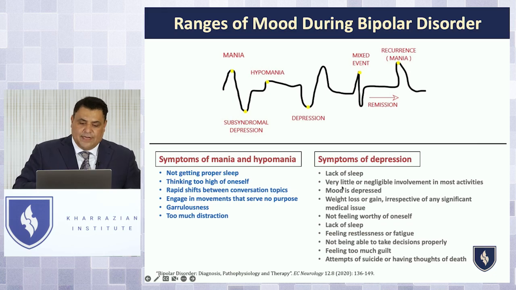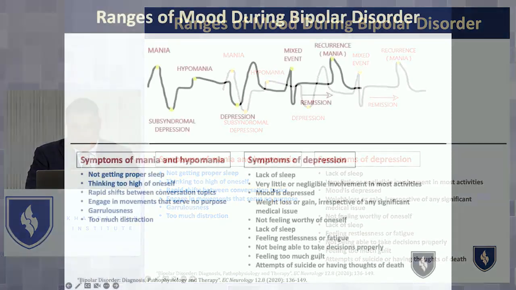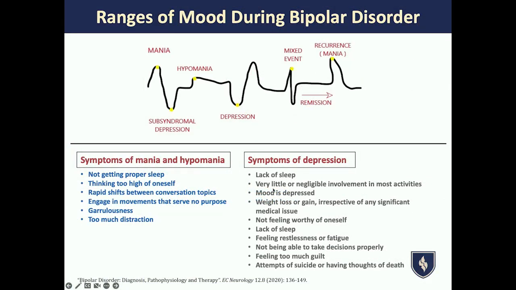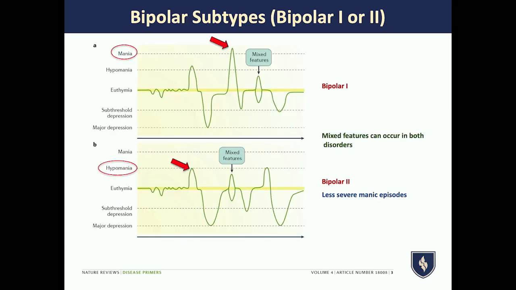And then they go right into potential states of depression. And then the depression states may not even be functional. They may not have proper sleep. They may not be able to make decisions properly, have too much guilt, all these various things. And they have these ups and downs, and there's bipolar 1, where the mania is the main feature, and the mania is usually more severe. And then you have bipolar 2, where you have these mania and depressive symptoms that kind of work with each other. Here you can see these 2 episodes of depression here.